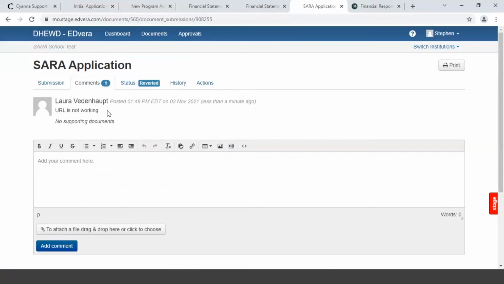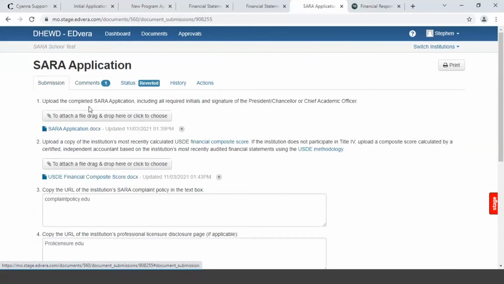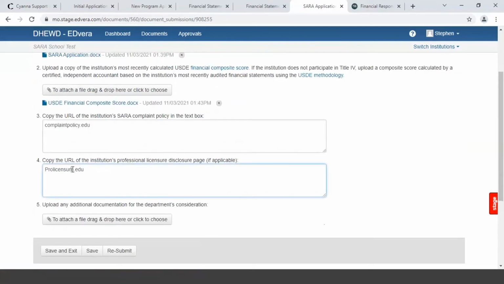So I should have put complaint URL or something. I would be very specific in our responses to what is incorrect in the application. Maybe it wasn't signed in the right place or something, but we will tell you what's wrong. So at that point, you would go back to the submission itself. You would make whatever correction is required, like maybe he forgot the dot in the EDU. You would fix that. Once that's done, what do we do? We save.